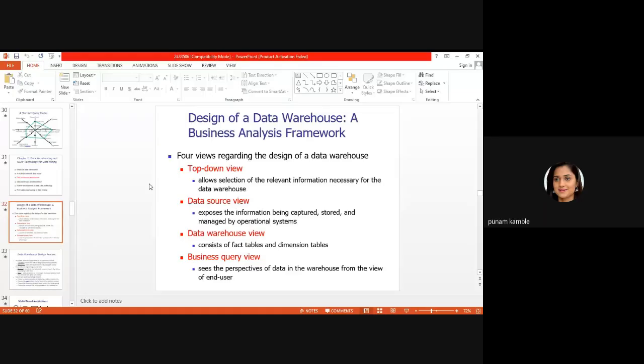Okay. Screen is visible, no? Right. Yes.